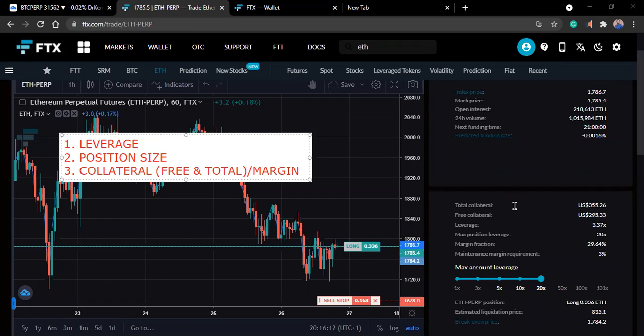First of all, you need to understand the purpose of leverage trading. Now, a lot of people see leverage as a bad thing. They advise traders not to trade on leverage. They say leverage is bad, leverage will wreck you. But those people that say that are still the same people